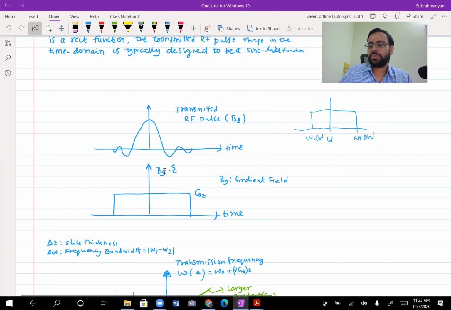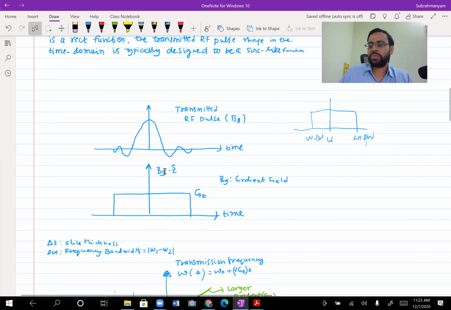You are applying a B1 magnetic field in the XY plane to tip that down, right? And you are looking at its value. If you are looking at T2 relaxation, which is also referred to as free induction decay, you would be taking the XY projection of it. One thing is, because of the term e power minus t by T2, its value is decreasing on the x-axis projection. Sorry, this is a slightly different one I'm talking about. This is how it gets tipped when you are applying B1. Forget about what I mentioned earlier.